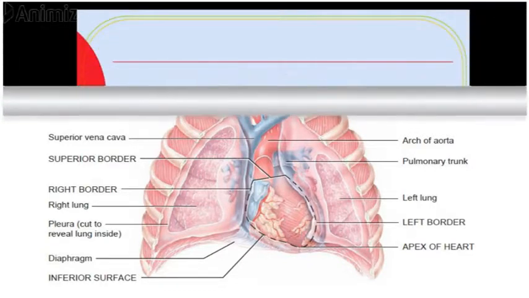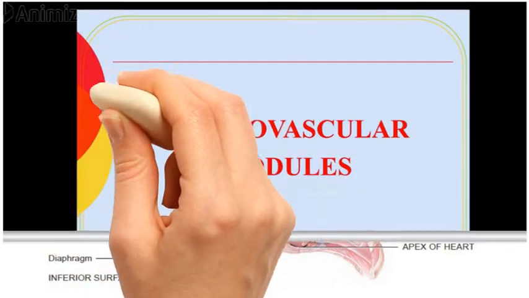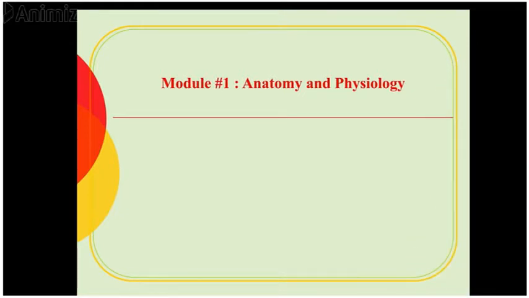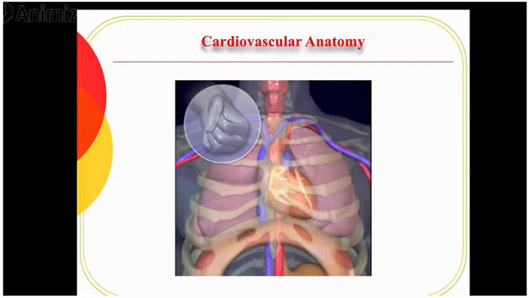Okay, so now we will move to the cardiovascular system. And just gonna do a quick review of the anatomy and physiology, and I'm going to start with the location of the heart. As you know, the heart is about the size of your fist. Your heart will be about the size of your own fist.